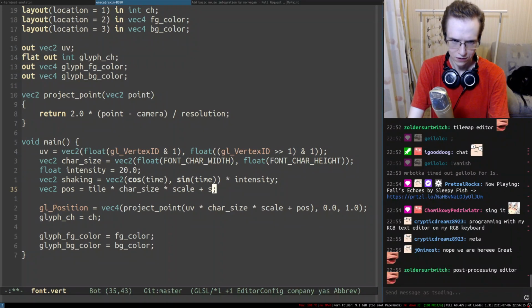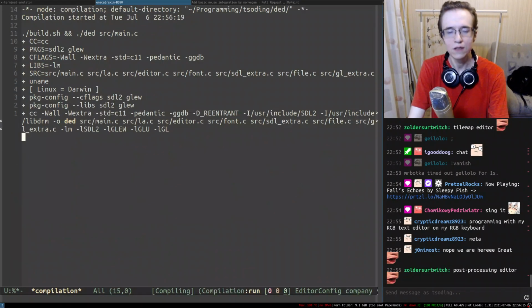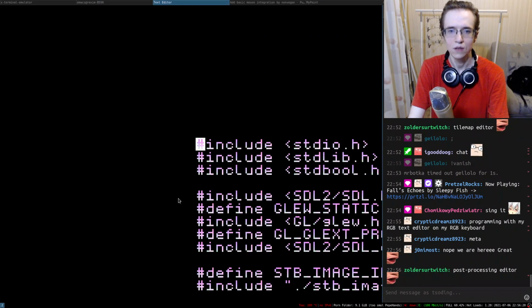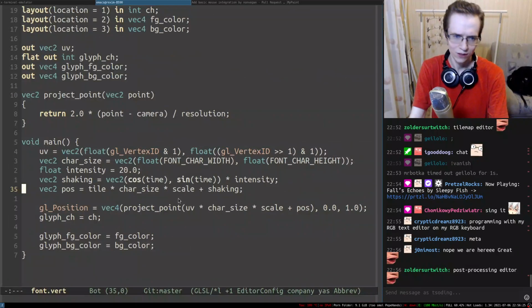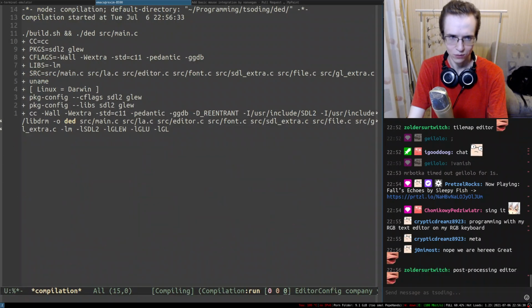And we just add the shaking in here, and you would be able to have a shaking while editing the text. And it has to be sort of desynchronized. So plus style X plus style Y, and hopefully that will be rather interesting.